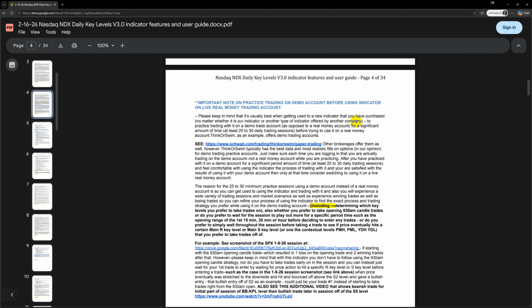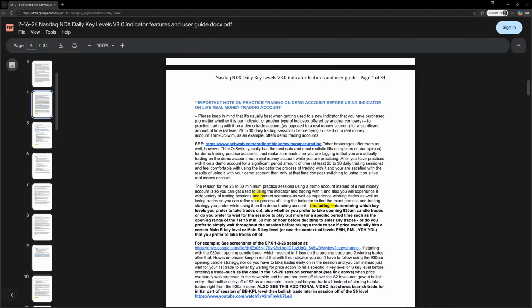Now, ultimately, that's up for each trader to decide for themselves. We're just pointing out that it is a good idea to do that, and we certainly recommend it. Until you really have a good handle on using the indicator through a demo account and you are satisfied with the results, and you feel fully confident in being able to execute entries, stop losses, managing your exits, managing any runners, going through the whole process of selecting option strikes, the whole process of trading with it,